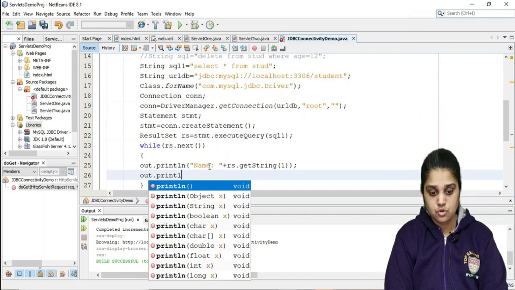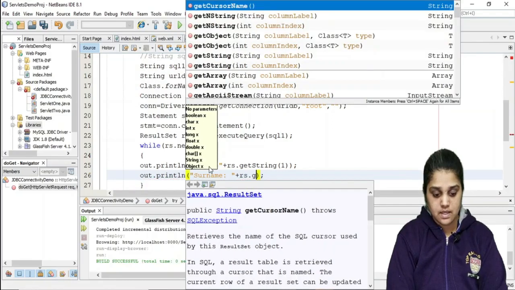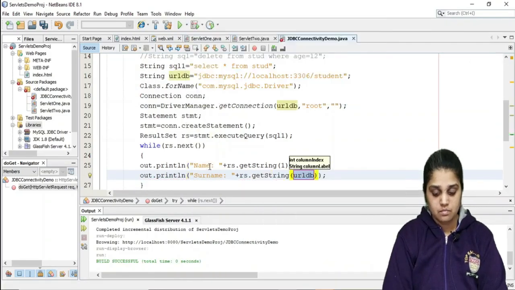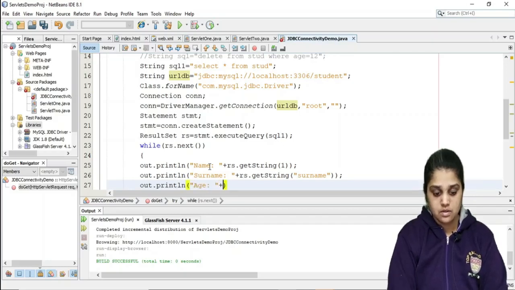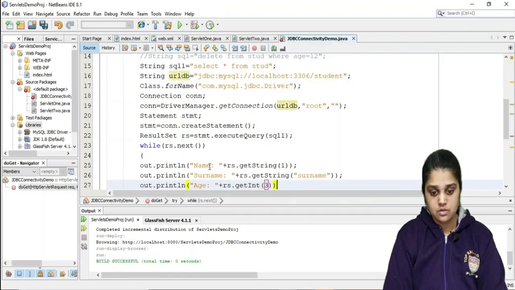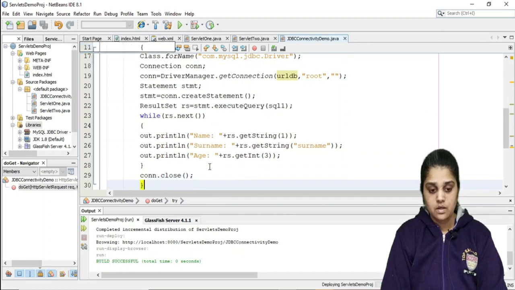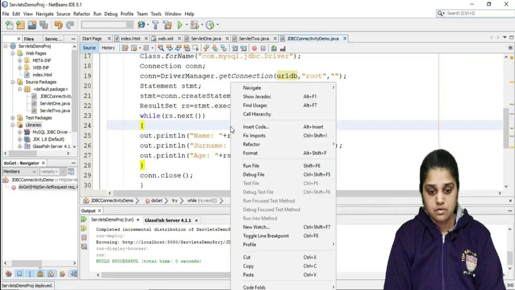Second is out.println surname, that is your second column, but instead of that you can just give the column name. And third is out.println age plus rs.getInt and third column. Okay, so this is what we can do. We will now run this code.